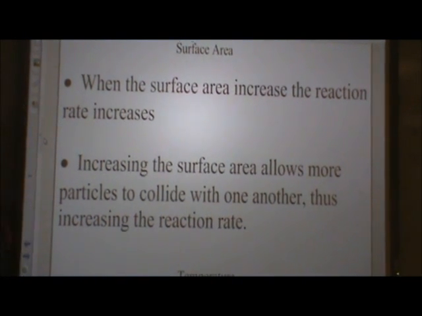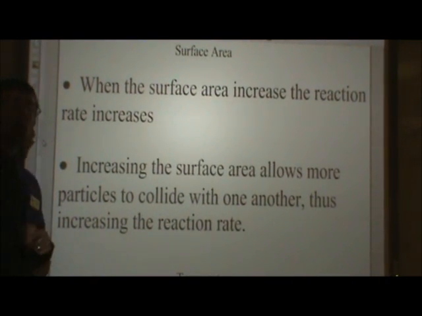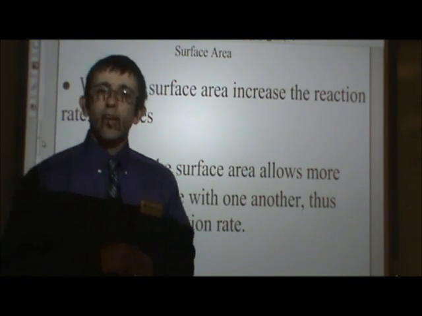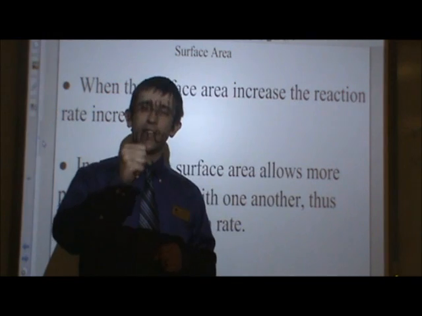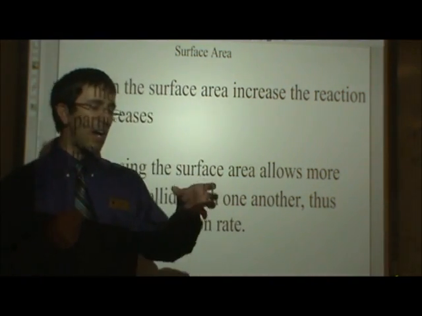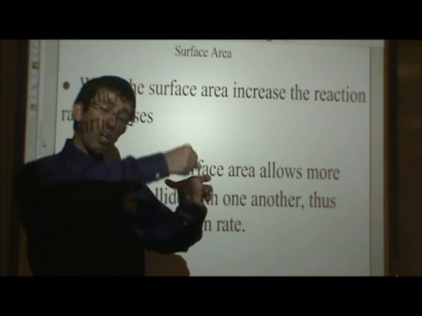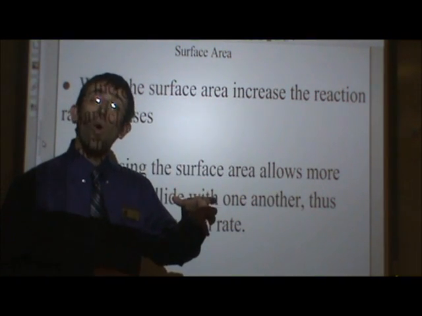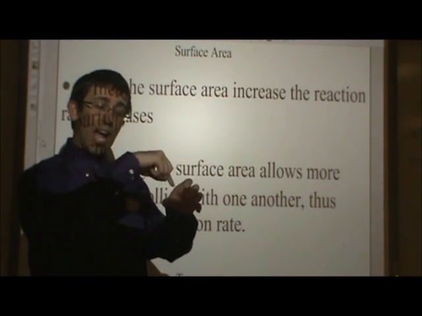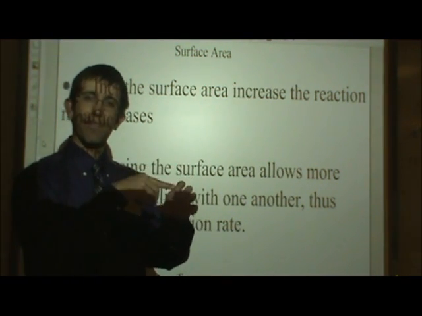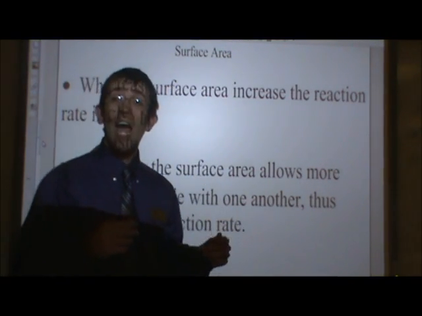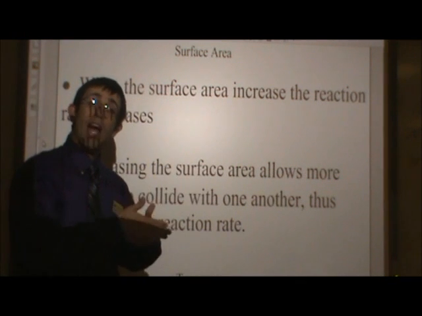Surface area. When the surface area increases, you also increase reaction rate. Sometimes baking soda can get a little moisture and form a big old chunk. If I have a cup of vinegar and throw a chunk of baking soda in there, the only place where the reaction can occur between the baking soda and vinegar is on the outside of the baking soda. However, if I crush it up and spread it all out, now the vinegar and baking soda have more,